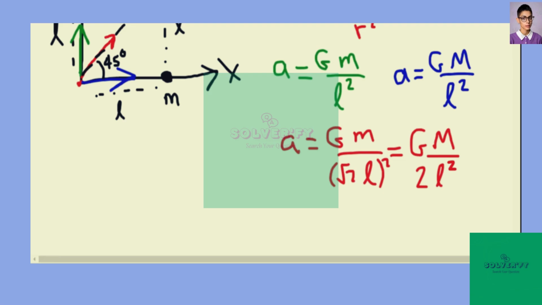So we can add up the blue vector plus the green vector. I'm just going to draw it again here. The blue vector plus the green vector will be in the direction of the red vector. The blue vector is G m over L squared. The green vector is also G m over L squared. That's going to give us, if we add them together,